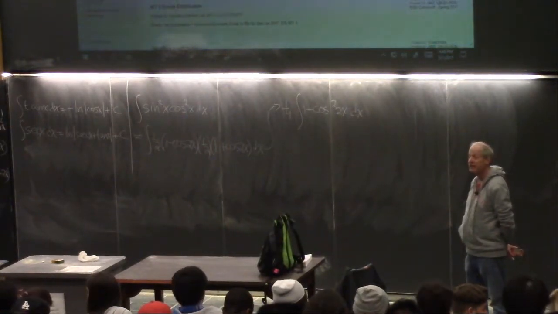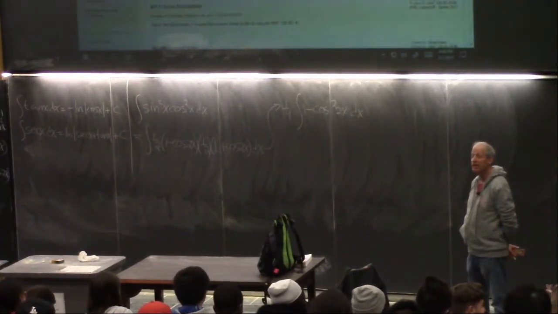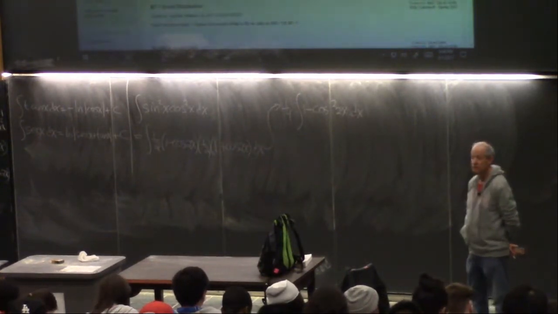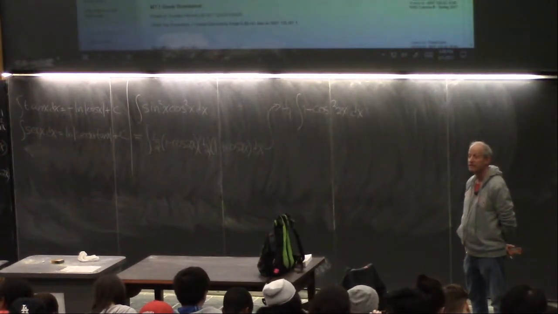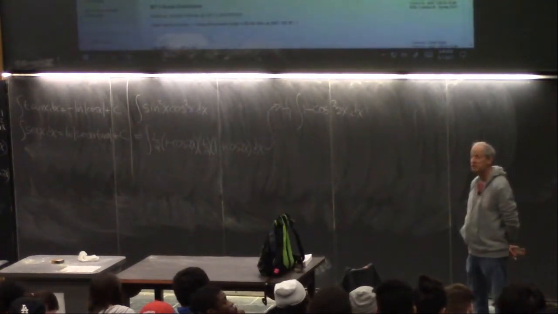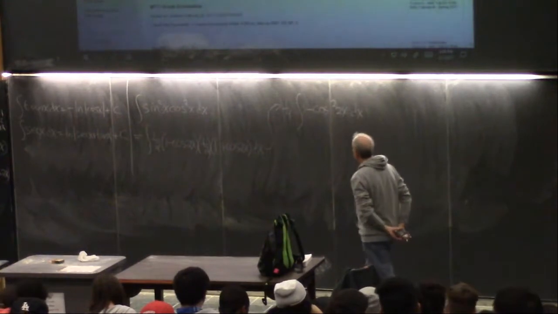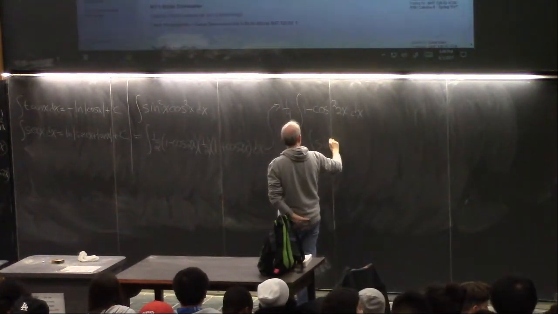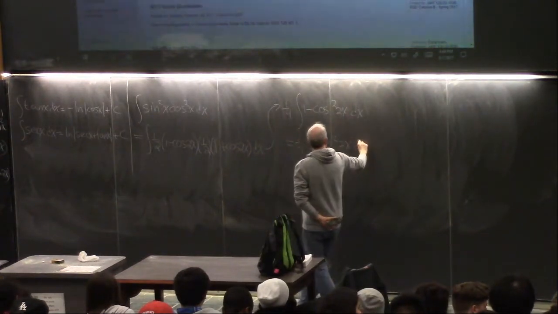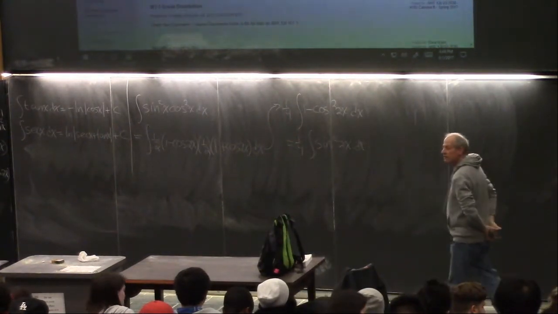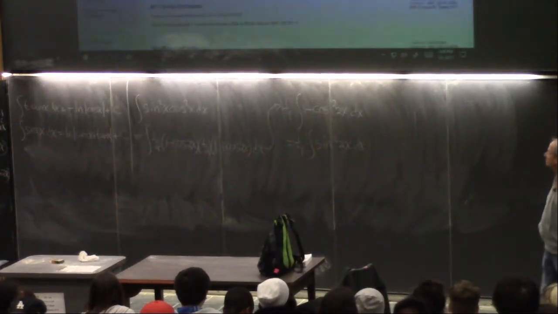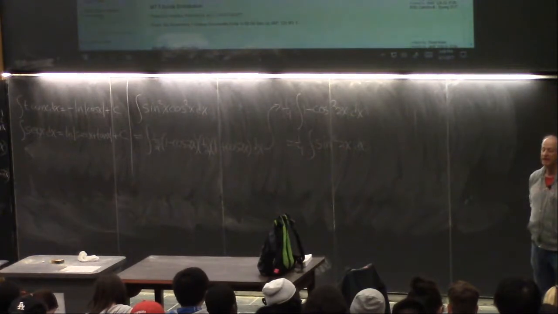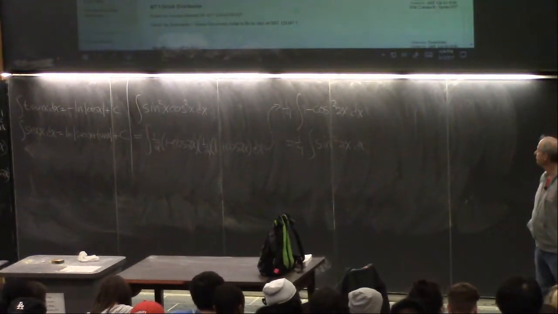Do we agree? A half times a half is a quarter. And 1 minus cosine times 1 plus cosine is 1 minus cosine squared, which, by the way, is sine squared. If you wanted to, you can make it sine squared, but you don't have to. At this stage, you could do whatever you want, but I would make it sine squared. Now, if you're really clever, you know that the double angle formula for sine of 2x is 2 sine x cosine x. You could have gotten there faster, but that's okay. I can't expect you to remember all the trig identities.